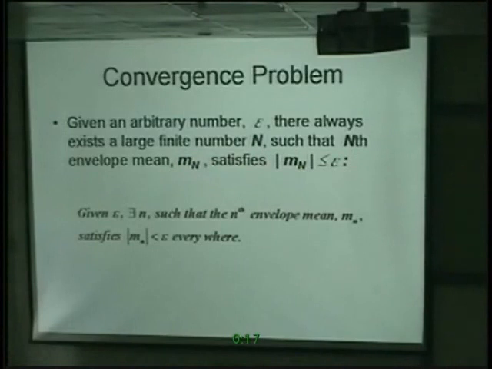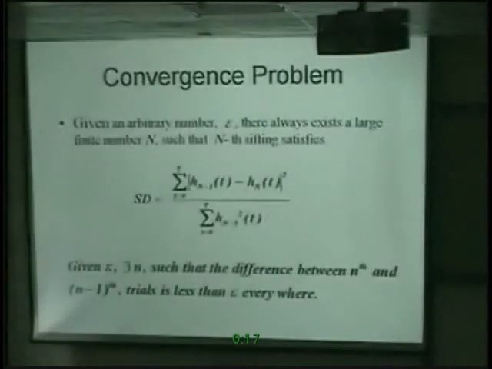Yeah. Now, that's a mathematical statement. The second, if we use this stoppage criteria, then we have another mathematical statement. That is given epsilon there x to the n, so that the difference between the nth and n minus 1 trial should be less than epsilon everywhere. Can we do that? I do not have a proof. And this is something that I put up to the mathematicians as a challenge. Yeah. My proof is very simple.